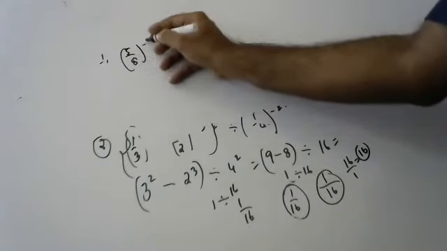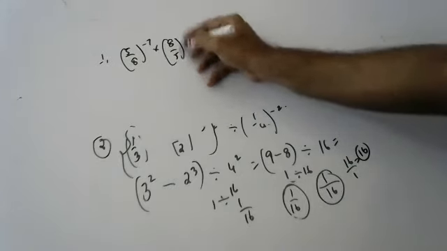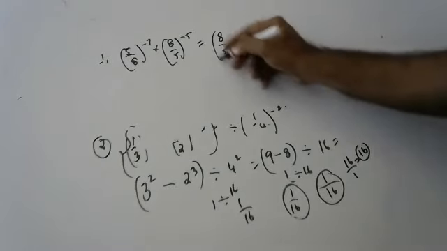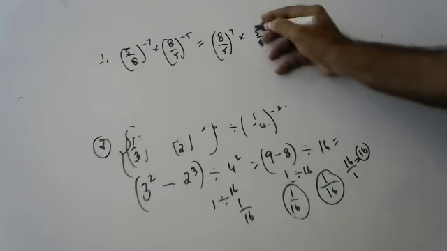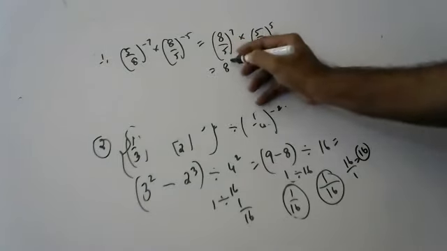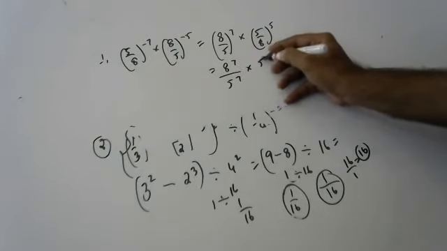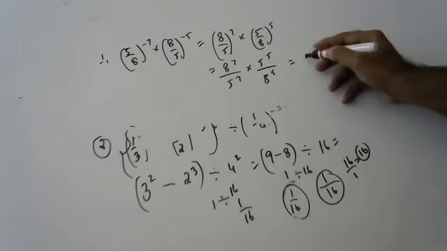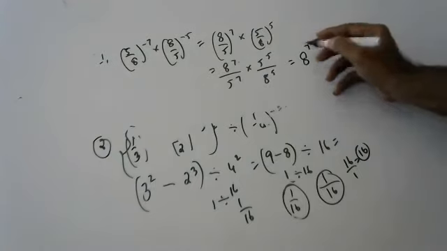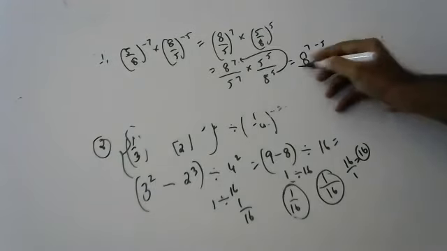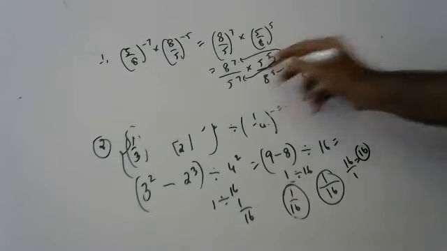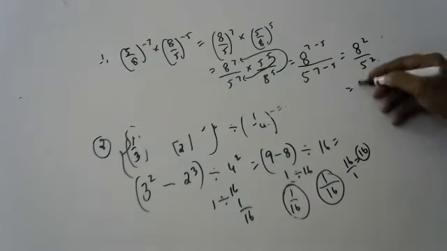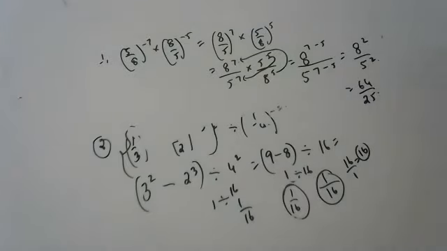5 by 8 to the power of minus 7 into 8 by 5 to the power of minus 5. Ashrik: 8 by 5 to the power of 7 into 5 by 8 to the power of 5. Very good. Okay, this we can write as 8 to the power of 7 by 5 to the power of 7 into 5 to the power of 5 by 8 to the power of 5. This we can write as what? 8 to the power of 7 goes up, means minus 5. 5 to the power of 7 goes down, means minus 5. So what we can write? 8 square by 5 square. 64 by 25. Very good, Nana.